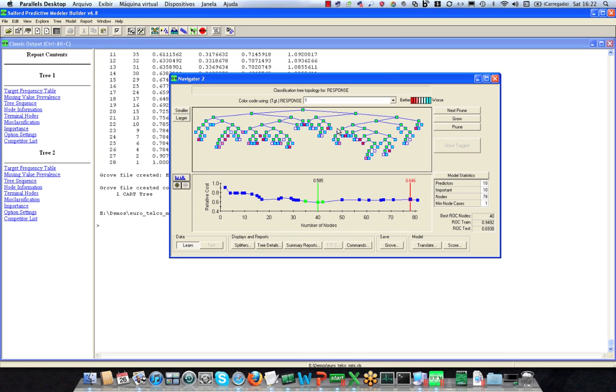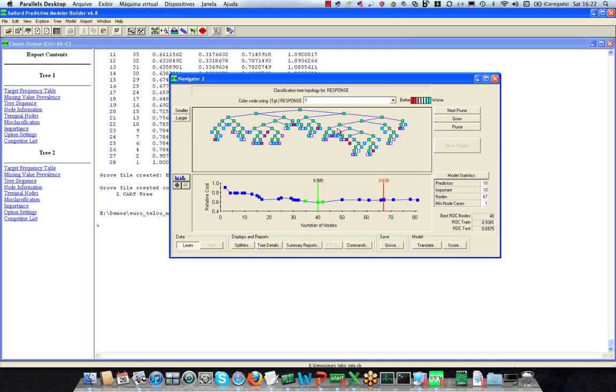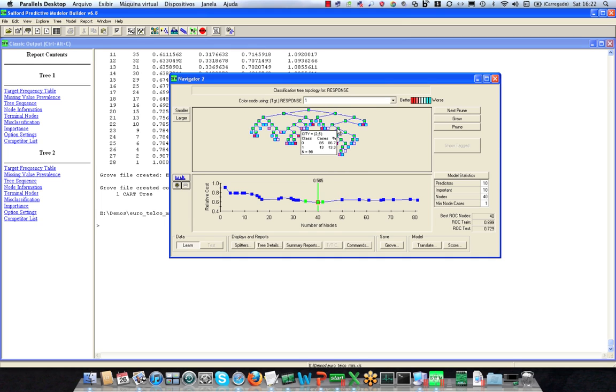We then use the cost complexity backward pruning algorithm, which CART does for you automatically, which progressively makes the tree smaller and smaller and defines an interesting sequence of smaller and smaller trees. That sequence